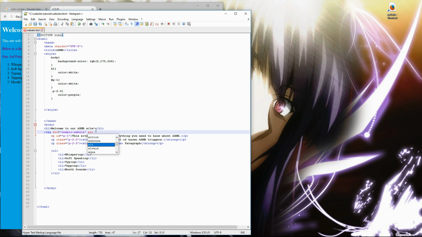And then alt equals double quotes, universe image, universe cosmic nebula. What this alt does is it's basically there so that if the image doesn't render, then that will show up, and it is also for screen readers,